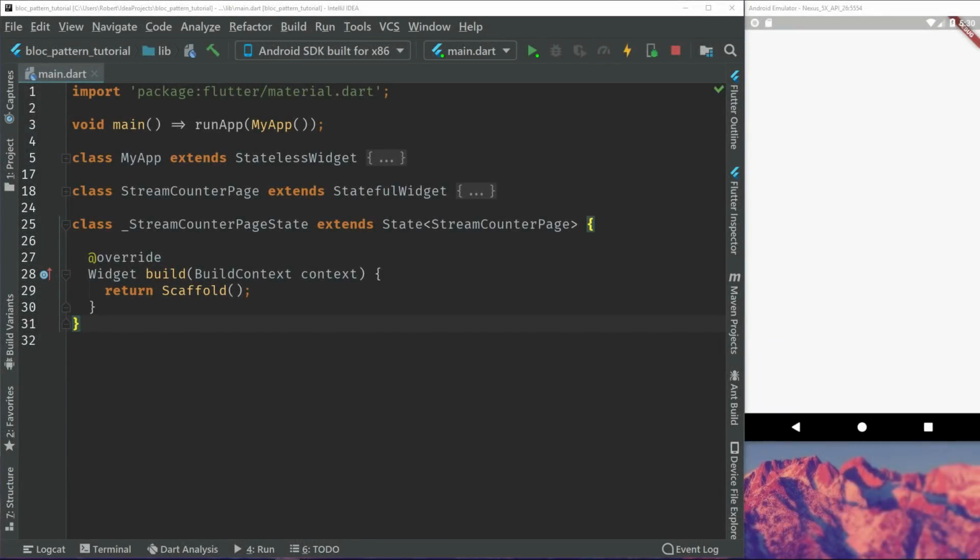The BLoC pattern is something that many people want to learn, but it can be hard to learn in the beginning. So in this tutorial, we'll go over how we can use streams, which is the fundamental building block for the BLoC pattern, and we'll build up from there. So this will be the first part of the series,